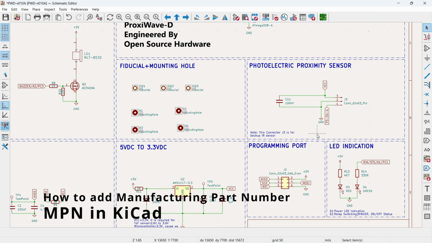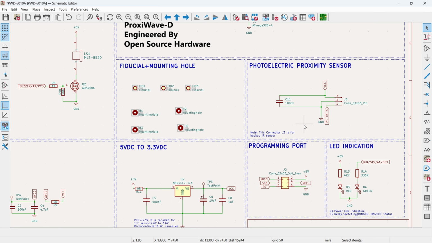In this video, I'm gonna show you how to add a manufacturing part number for any device which is available in your schematic. And adding a manufacturing part number is essential for the schematics or the hardware that you are going for manufacturing. So for adding the manufacturing part number, first you have to select the device and then you have